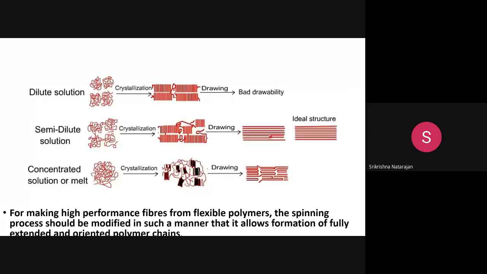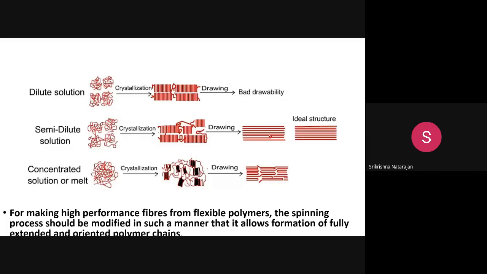But if the melt is very concentrated, if you extend it, you will not get the extended structure. You need a structure like this. You need to make the Maggi noodles something like this. You have to straighten out every individual polymer chain like this. Then only will you get the mechanical properties. For example, this is for the melt, if you do melt spinning or concentrated solution spinning.